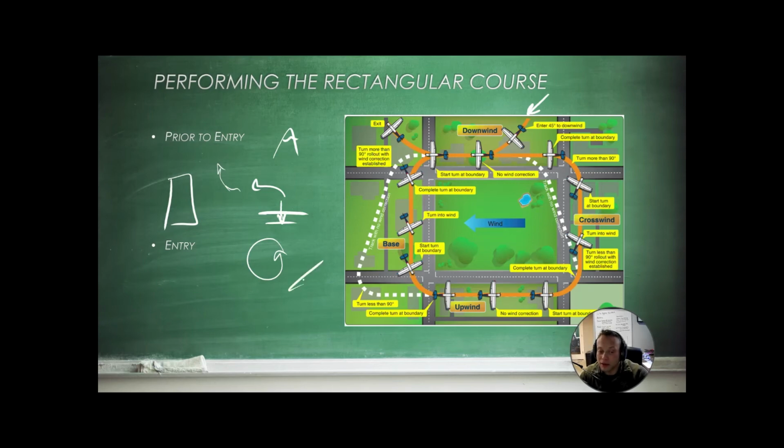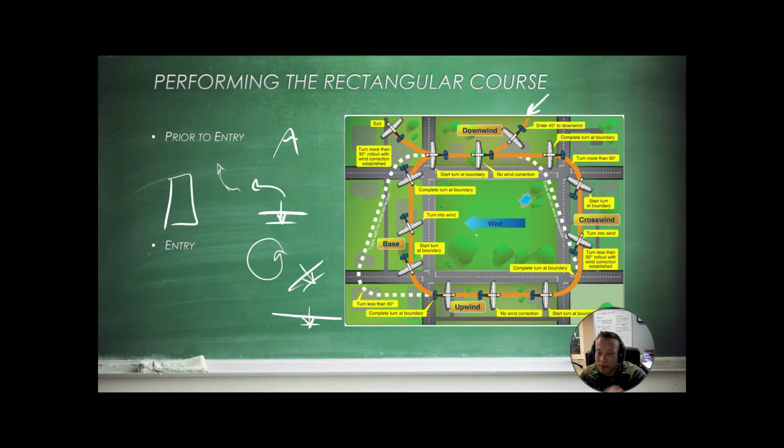Now, that doesn't mean that we need to be flying at an angle like this the entire time. We're actually going to be wings level, but instead of having our nose pointed at, let's say, this mountain, we'll have our nose pointed off to the left of it to account for this wind blowing us off course. So we'll have our nose pointed not parallel with our boundary, but somewhere off to the left to account for this wind, and then crab all the way to the next corner, where we're going to turn less than 90